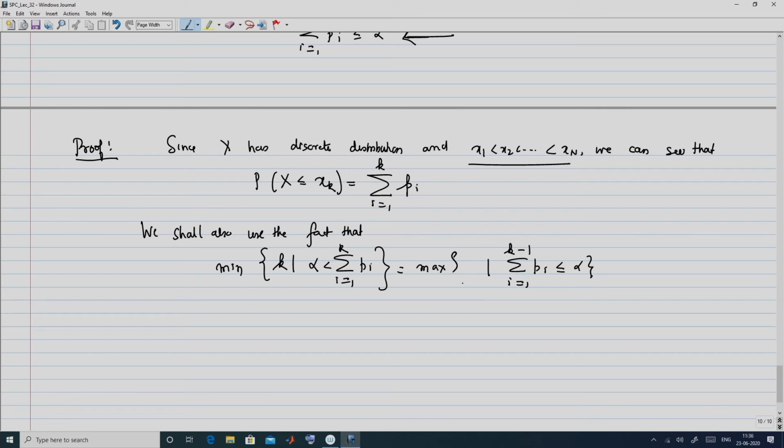So, basically you can observe this very easily if you actually look at the ordered values of